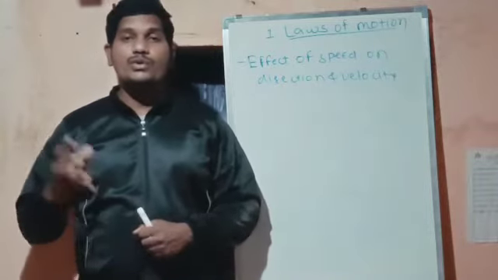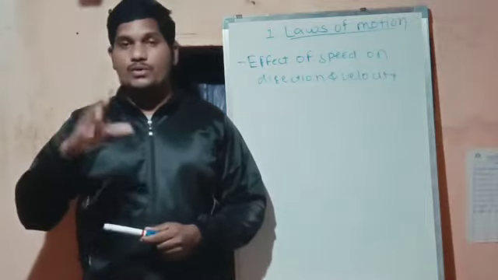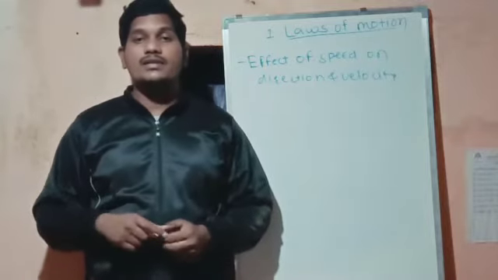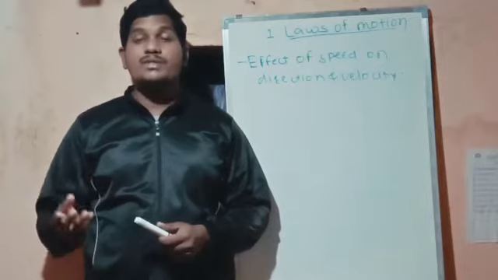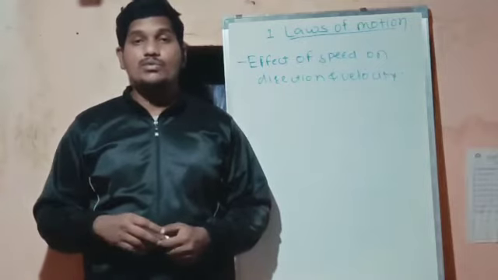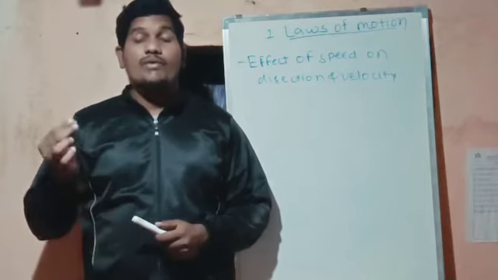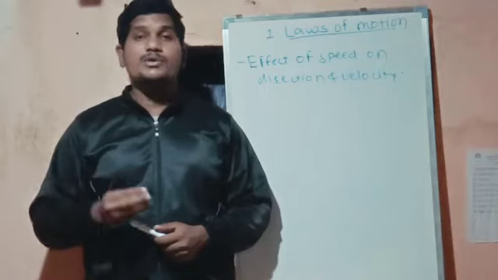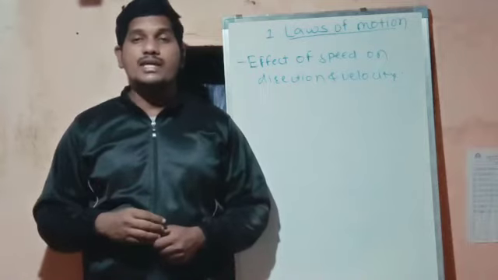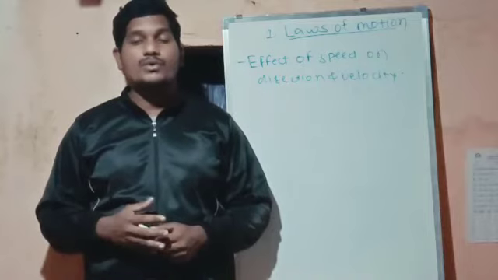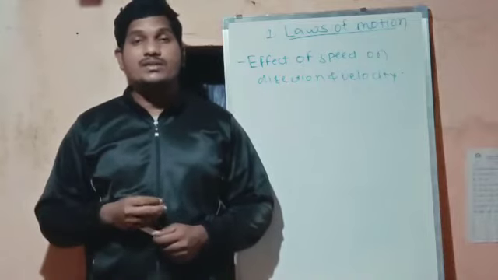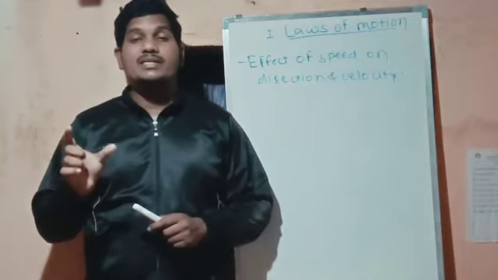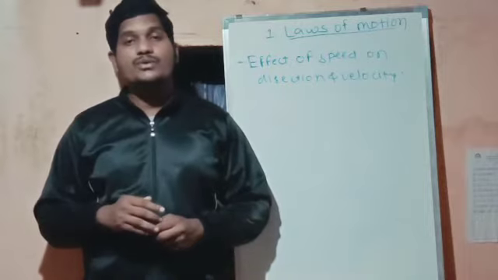You are just moving from your home to your school. Then it is not a straight line, or the path is not straight. So there will be some corners. There will be some turns. So whenever you have to take turns, is it the same speed you are following, or will the speed be continuous as in the straight line path? Of course no. So whenever there is a turn, you are decreasing your speed by applying the brake. So that is the main thing you have to take into consideration.